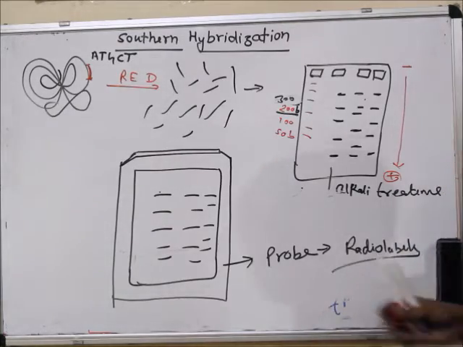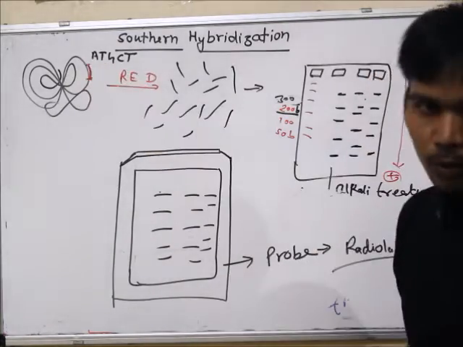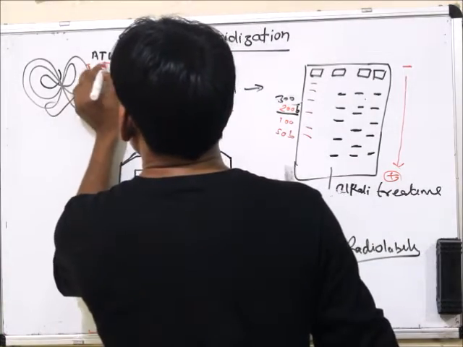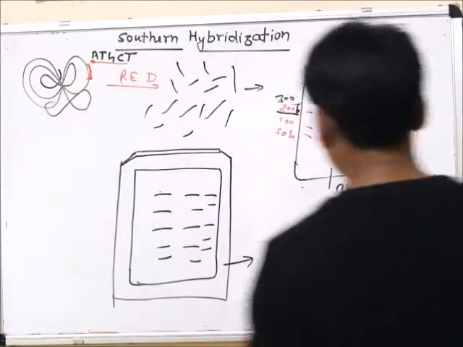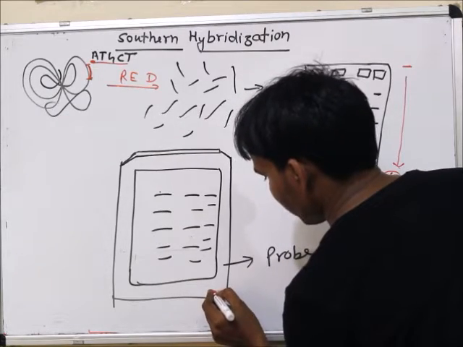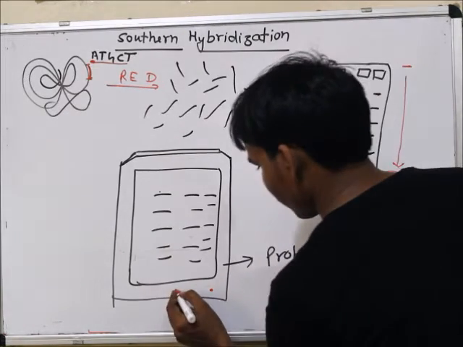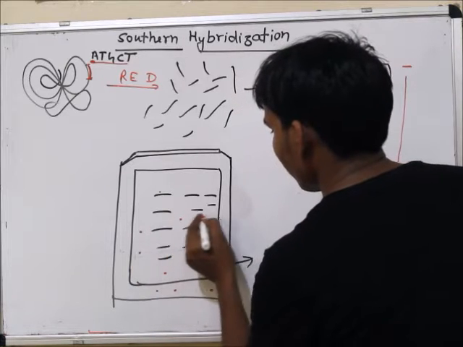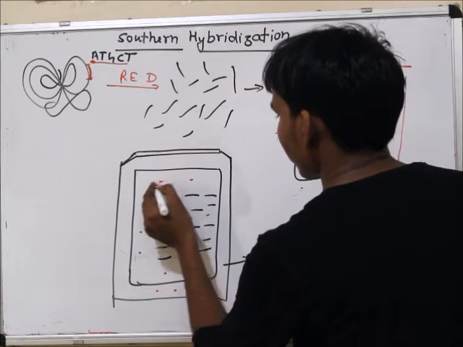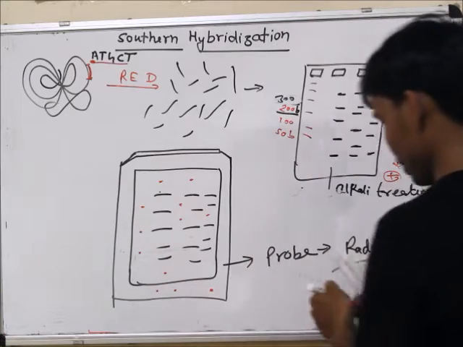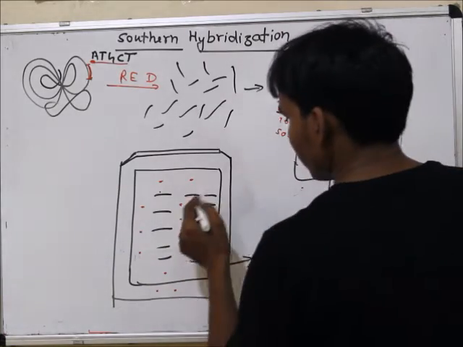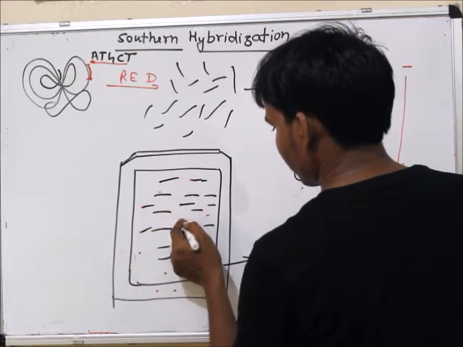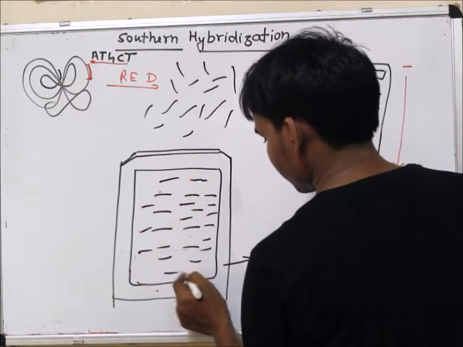Okay, and the probe is known. Suppose that this is the probe. Okay, this is the probe, and the probe is radiolabeled. But note that there are a lot of unlabeled fragments available here. Okay, this is radiolabeled, in these sequences,